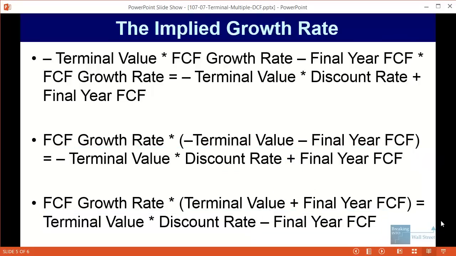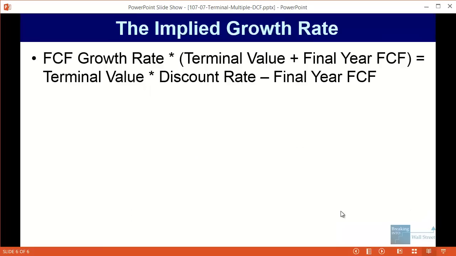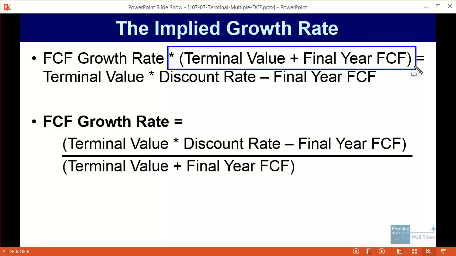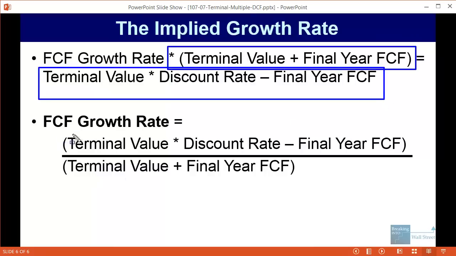So we're getting very close to the end here, and you can probably already see what the next step is. We almost have the free cash flow growth rate separated out by itself on one side. So here's what we're left with, and then really the last step here is very simple. We just take the term we're multiplying by, the terminal value plus the final year free cash flow, and now we divide both sides by it. So now we put this in the denominator on the other side of the equation, and the result is this